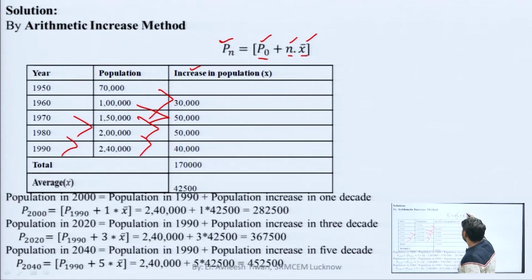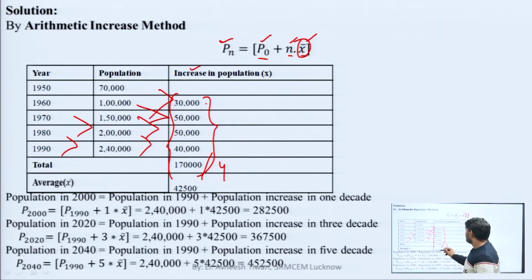So what about mean increase? Mean increase can be easily estimated by adding all the values and dividing it by the number of values. Number of counts are what? 1, 2, 3, 4, means we have to simply divide it by 4 and we will get the value of x bar, means